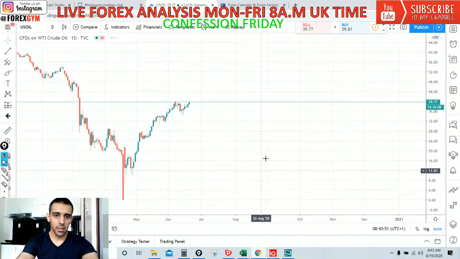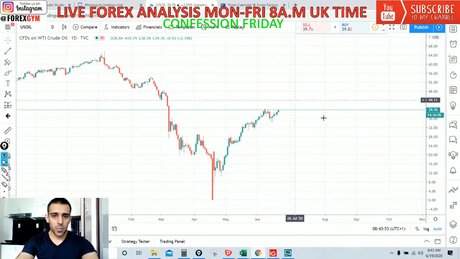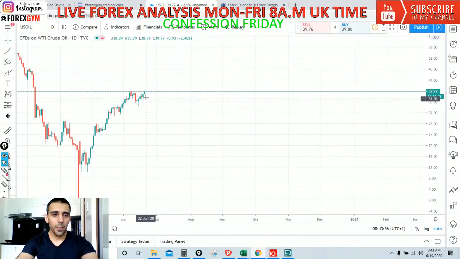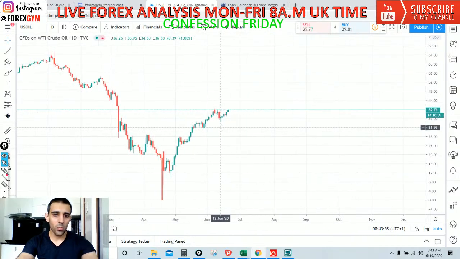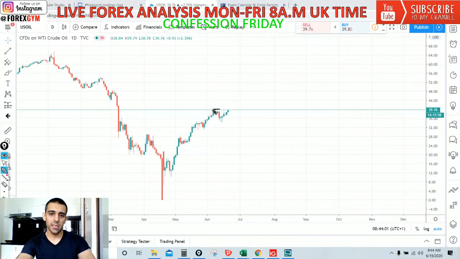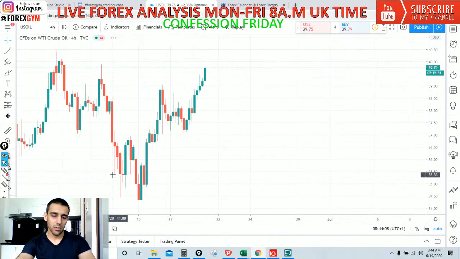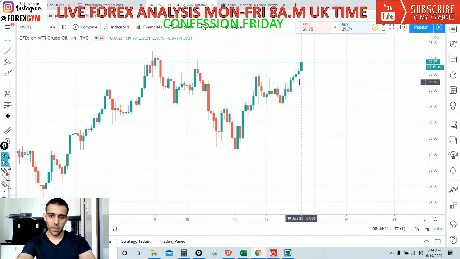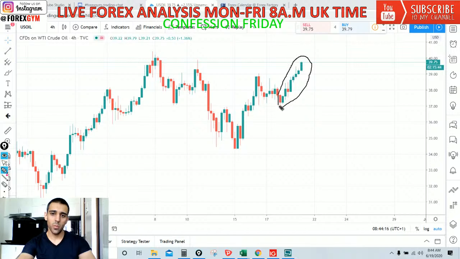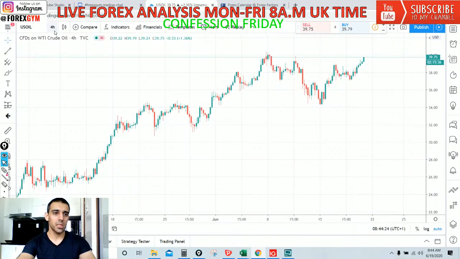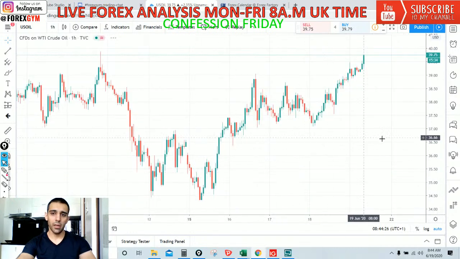Okay, weekly, daily time frame. Looks like it's pushing higher, but again, this one I would wait. We can see that the price is sitting at the resistance level, though it's having this nice momentum. Let's go to the 4-hour time frame. Judging by the 4-hour time frame, it's picking up a nice momentum towards the upside, but we do have this strong resistance level, so I would personally wait for this to break before I get onto this trade.